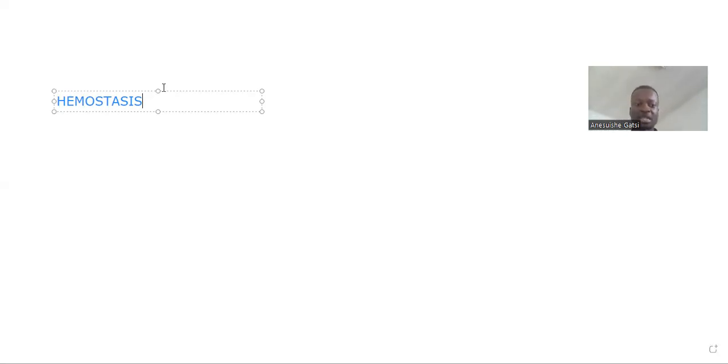So what are the processes that happen? When you have vascular injury, the first thing is to have a vasoconstriction. Why do we vasoconstrict? You want to vasoconstrict such that you don't have too much blood going to a site where there is an injury. And if you vasoconstrict and you have less blood going to that site, that means that you're not going to lose excess blood, because you're going to have less blood actually going to that injured area, right? Then we talk about a primary